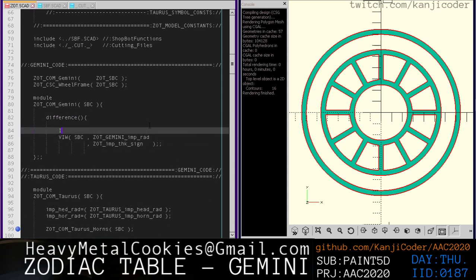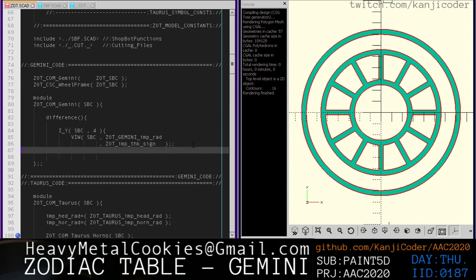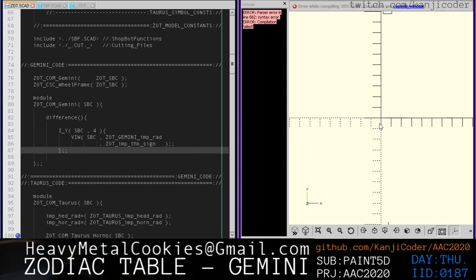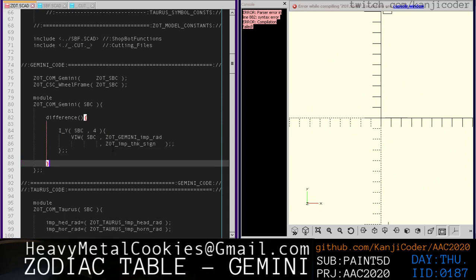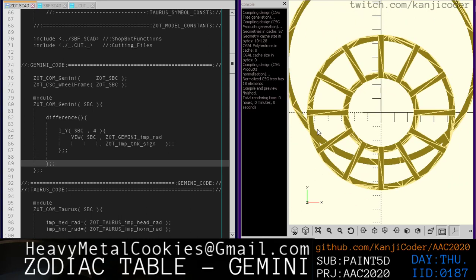So let's just say inch y, right, and takes an SBC object. And right now, I don't know, we'll move it up like 4 inches or something. We don't really care exactly what that is, right? So we're going to difference this circle. What did we do wrong here? Oh, because we didn't close off our difference. Okay, so with this, we have this kind of circle thing, whoa, way up there,